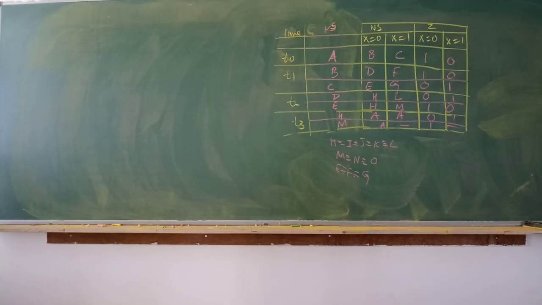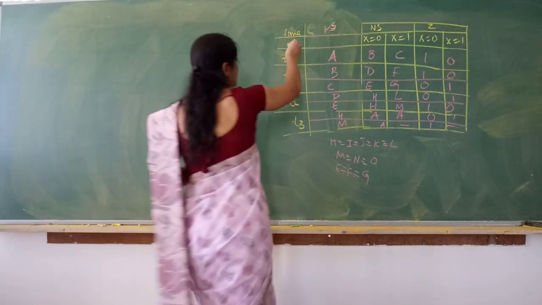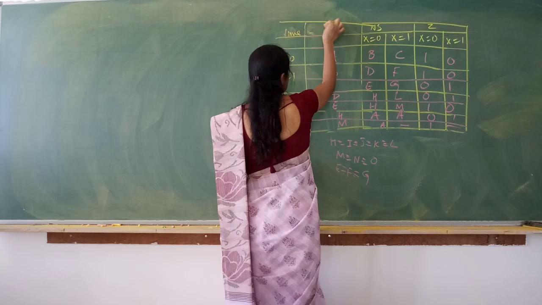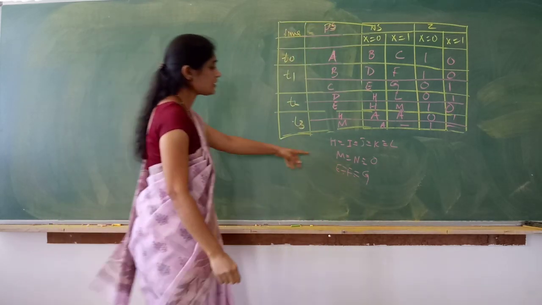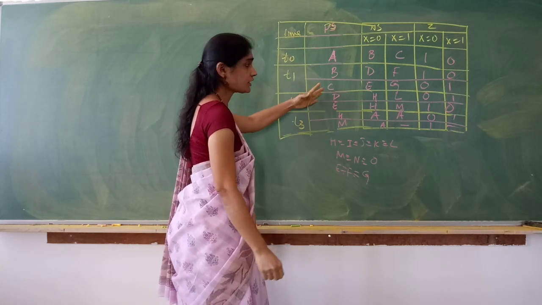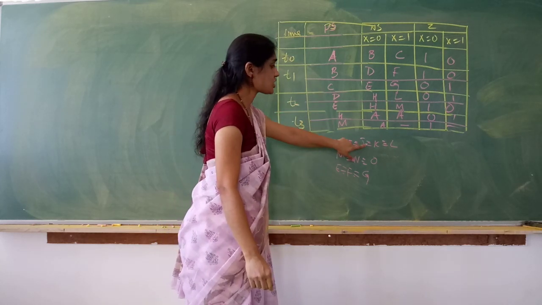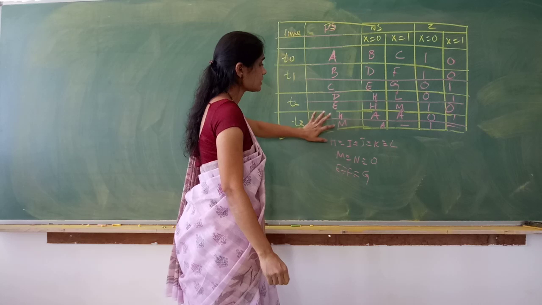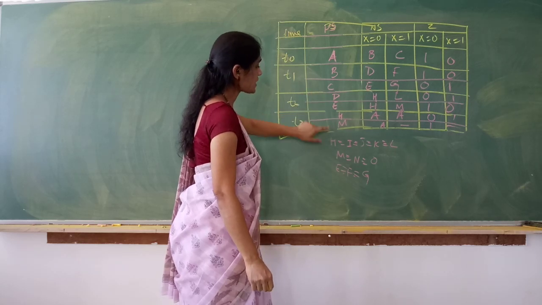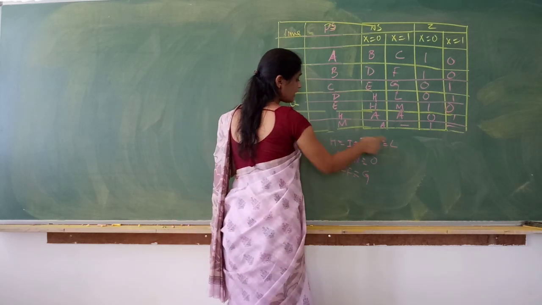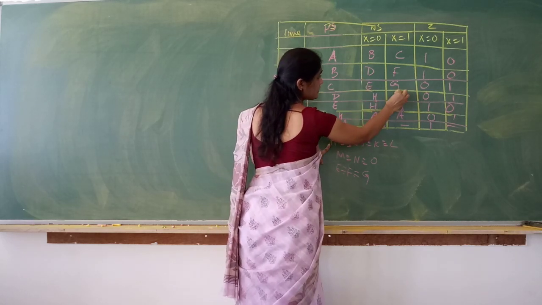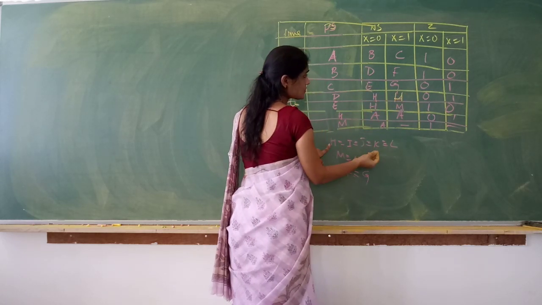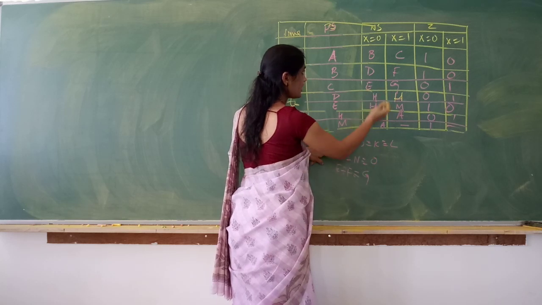Okay. So now with this, let us move on to the next step, that is state assignment. So this is the reduced table we have. And here I have written, after comparing which are the rows, we got this table. So H, I, J, K, L are same. So let us do one thing before we proceed to the next step. Wherever we have I, J, K, L, we will replace it with H.